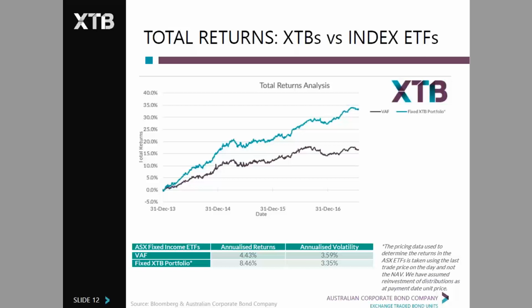And in terms of performance, we're just showing one of our model portfolios, which is our high yield portfolio, over the last 3 years, and how it's gone versus the index. We've used one of the index ETFs as an example. So it outperforms because you're accessing a part of the index, being the triple B rated bonds, the higher risk bonds that are in the main indices. That particular fixed income ETF is 88% dominated by government bonds, so it's naturally going to have a lower yield because it's lower risk. Government bonds are clearly lower risk than corporate bonds. So to access